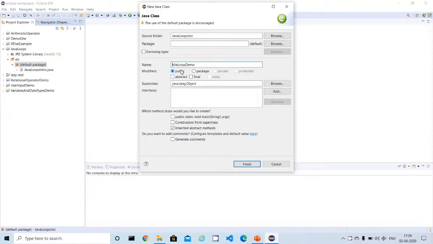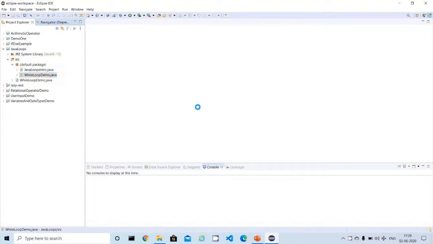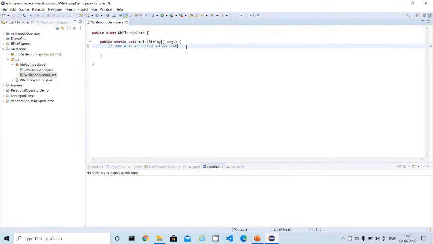Give the class name in uppercase, select public static void main, and finish. The default main is generated.